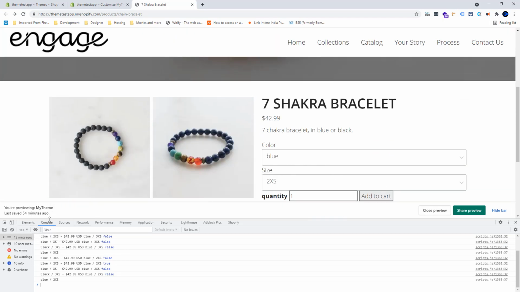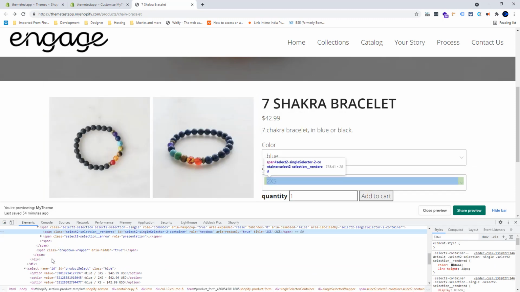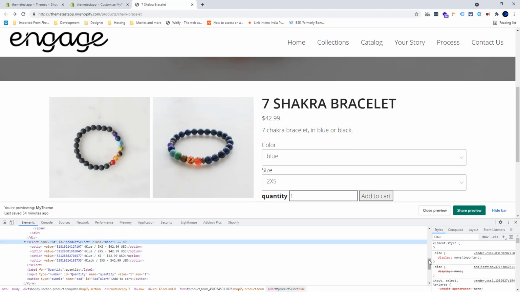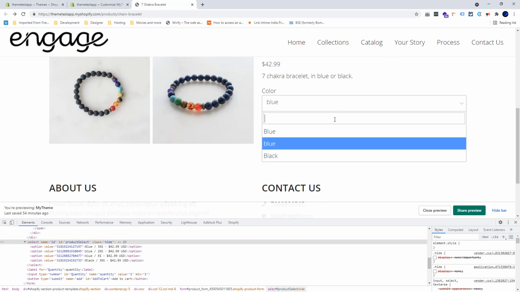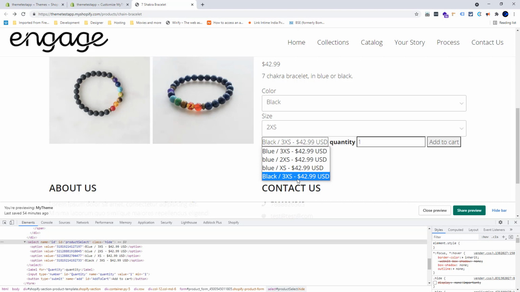Okay, now it's working. Show, and if I'm going to add black, it is selecting black 2, and looks like we don't have black 2x